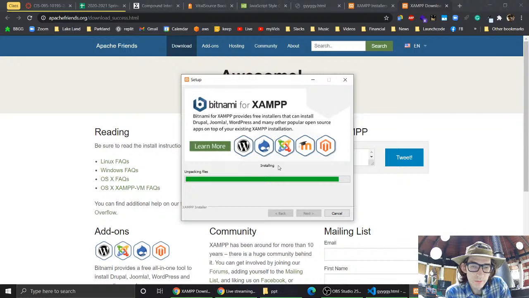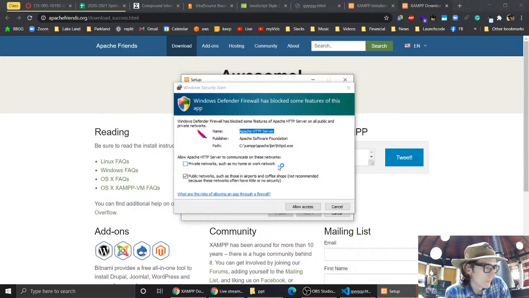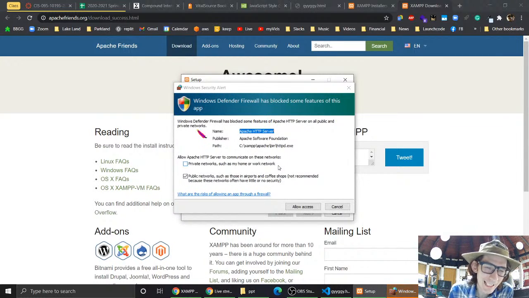So close. Notice they didn't put a percent on there because there's so many install bars and loading bars that stop at